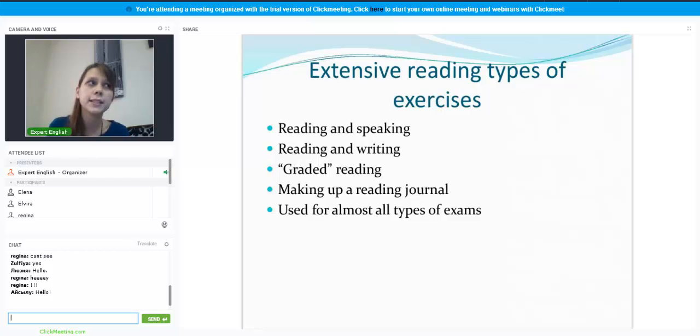In my opinion, it's really useful to integrate reading from the very early stages of learning a language, because when you start learning the language at the age of 8 or 9, as it happens nowadays, it's really necessary to see your progress. It shouldn't be like it was in our times. We learned English for 10 years and had really limited results. Nowadays we have to reach big results, and that's why reading, in my opinion, is one of